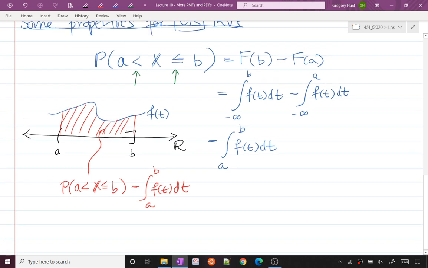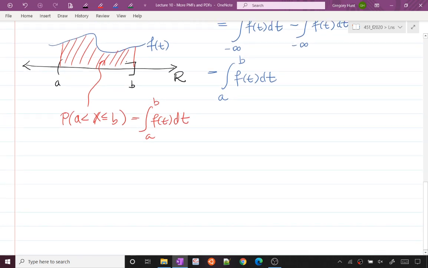For discrete random variables, it really mattered. Again, it mattered that this is less than and that this is less than or equal to. The reason being is that you have a non-zero probability of being at b or being at a. So you have to be very careful about it. Do you include a or do you not include a? We said, though,